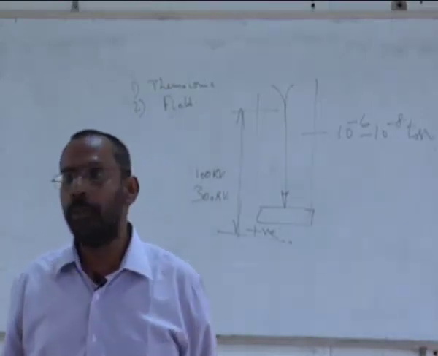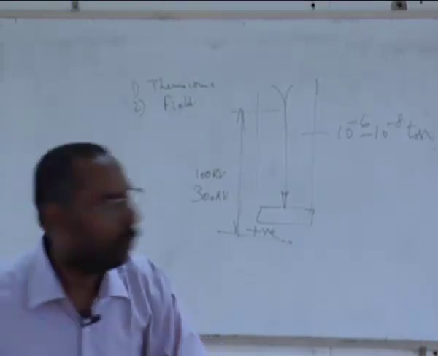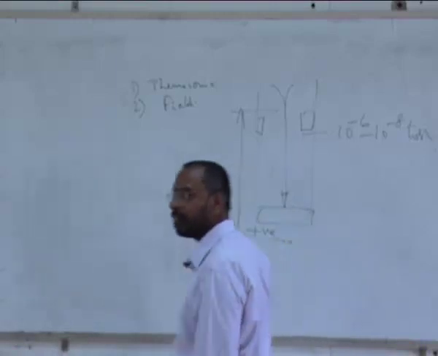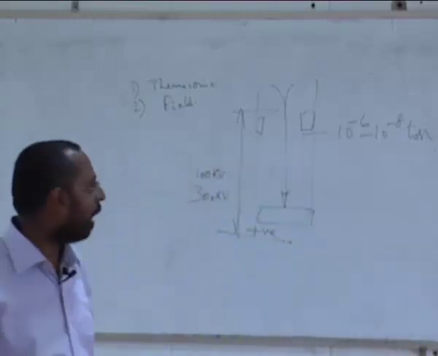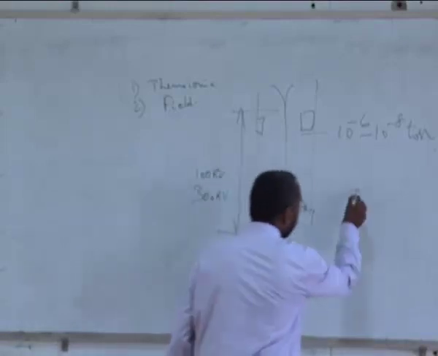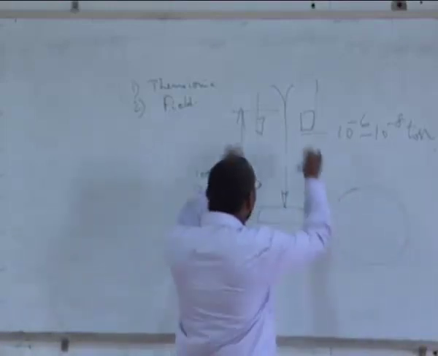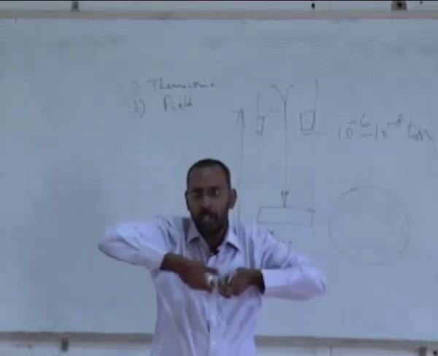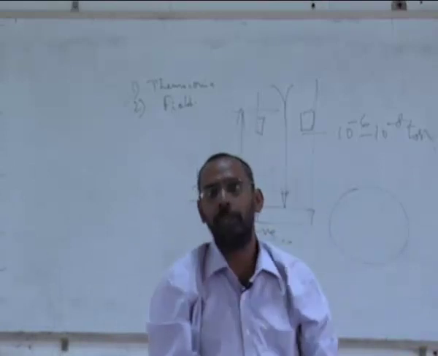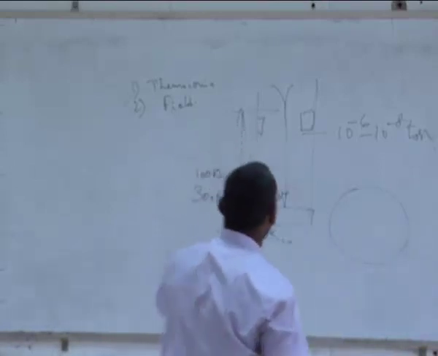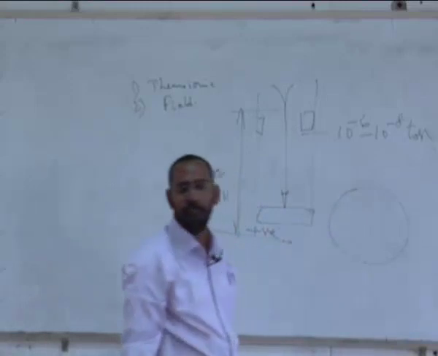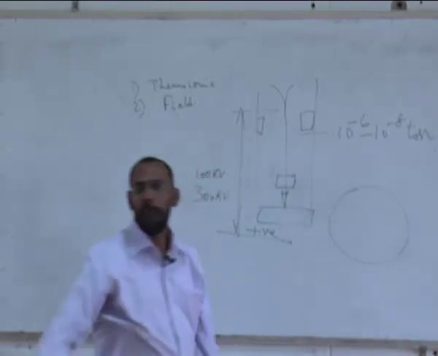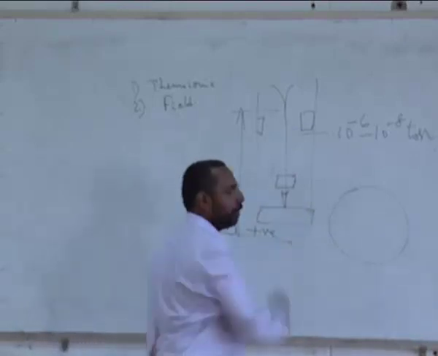And for the electrons to be able to converge onto the sample, we use certain lenses, which are called magnetic lenses. They look like this, annular lenses, because this whole thing is a cylinder. So the magnetic lens is a circular magnetic lens, which is around the beam, the optical path of the beam. Once you converge the beam, it will go through this. And you have an objective somewhere here, through which the beam goes and then falls onto the sample.